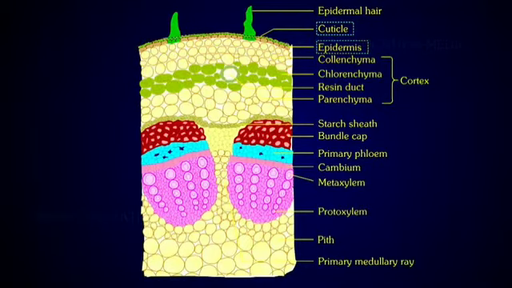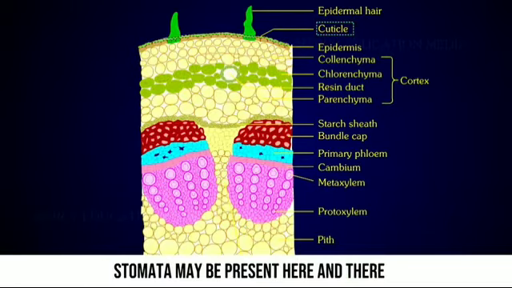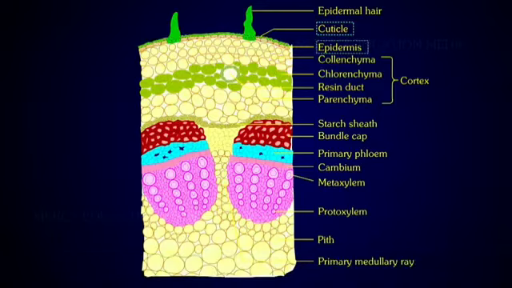The monocot stem also has the same parts. A transverse section of monocot stem reveals the following structures: epidermis, hypodermis, ground tissues, vascular bundle, xylem, phloem, pith. Epidermis is the outermost layer. It is made up of a single layer of parenchyma cells. It is covered with a thick cuticle.